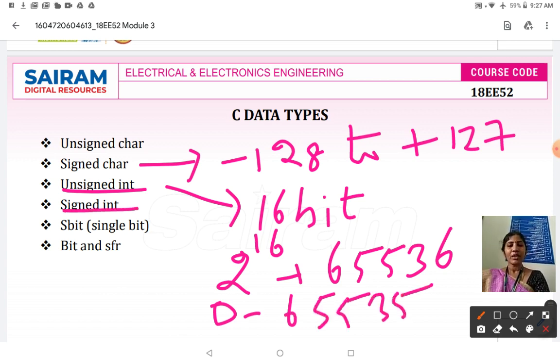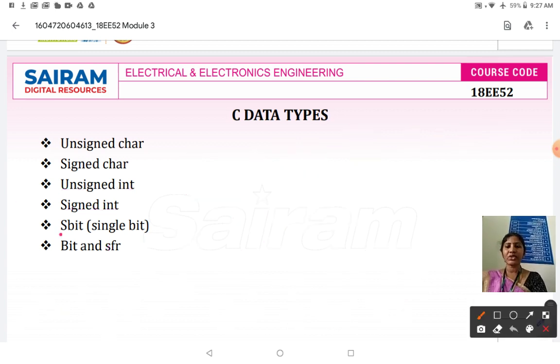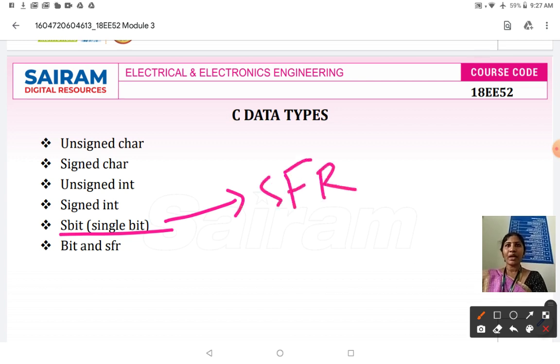Signed int is also 16 bit, but we need to represent both positive and negative numbers. It ranges from minus 32,768 to plus 32,767. And sbit is SFR bit addressable only. Sbit ranges only over SFR bit addressable locations. Bit and SFR both are RAM.